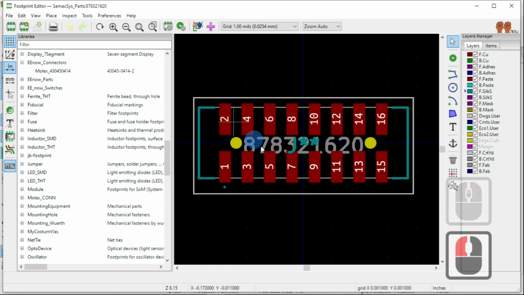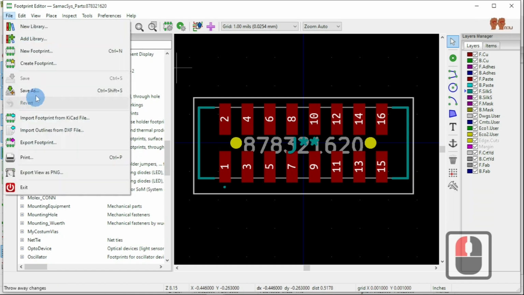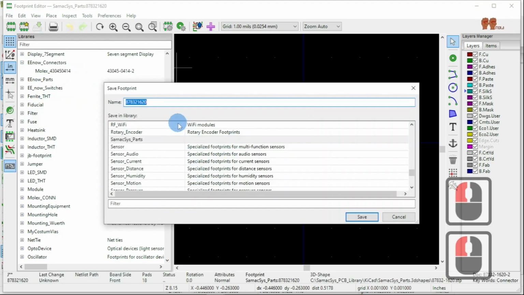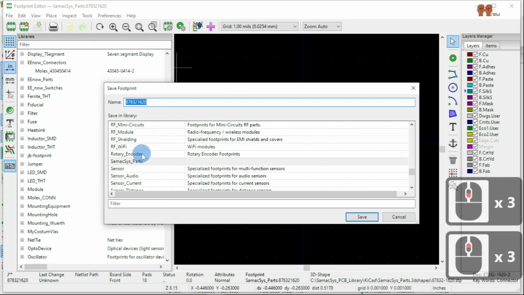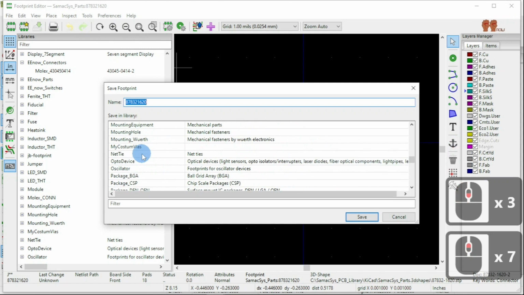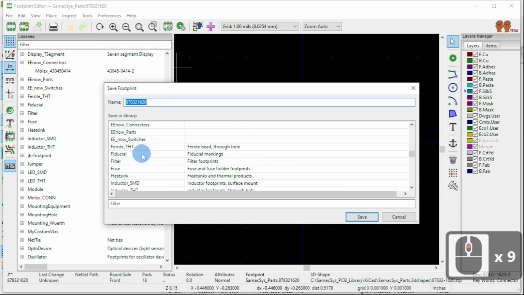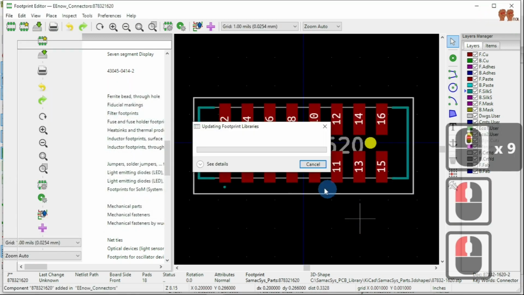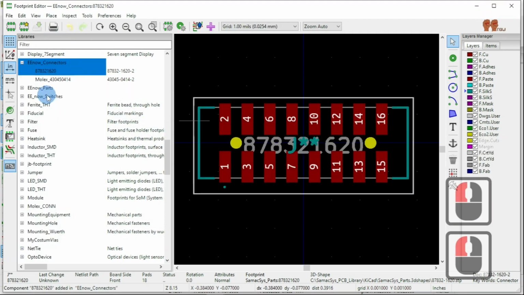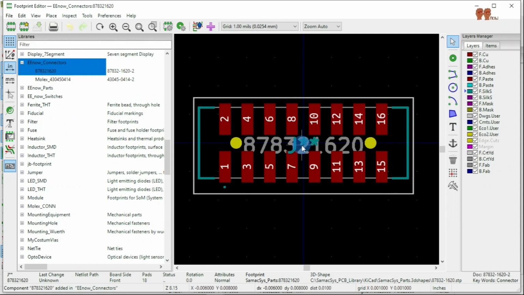So usually I take the part, I say file, save as, and then I pick my library EE, where is it? Connectors, and I save. I save it there, and then if I make any changes now,